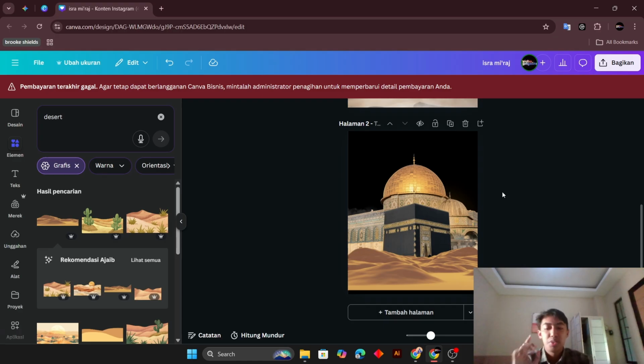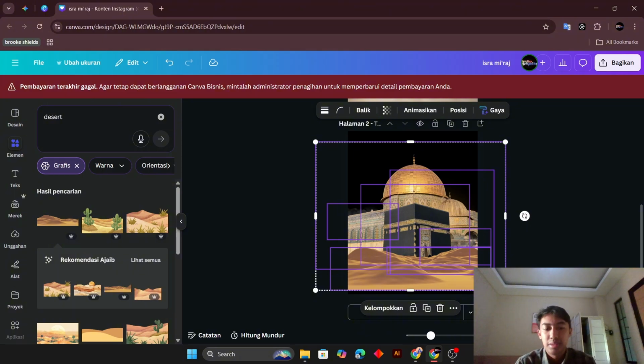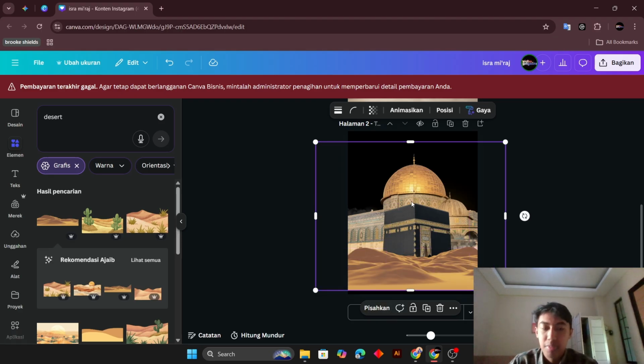Once the composition is perfect, select all elements and group them. Download this specific group as a transparent PNG.